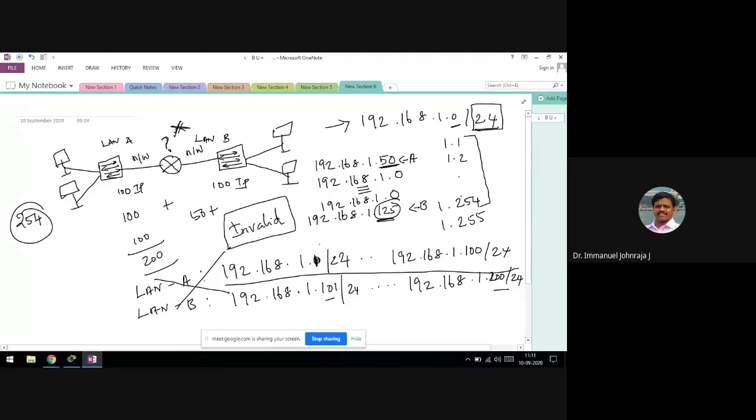Now what shall we do? One of the simpler solutions is to go back to the administrator and ask for another network address. Very similar to 1.0, you are requesting him for 192.168.20.0. Whether it is possible, can I get this 20 network? It is possible. If your network administrator is good enough and kind enough, he'll be able to give you the requested network address. But is it going to be a very optimized one?